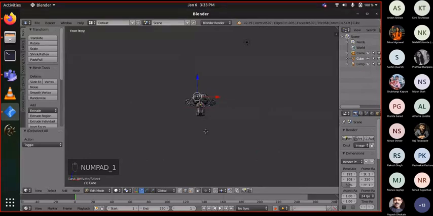2 can be used to toggle free movements, like by a certain amount, we are moving it freely over the space. 7 can be used to give the top orthographic view. We are viewing the object from the top. 9 can be used to view the object from the bottom. And similarly, there's one more view over here, and that is the